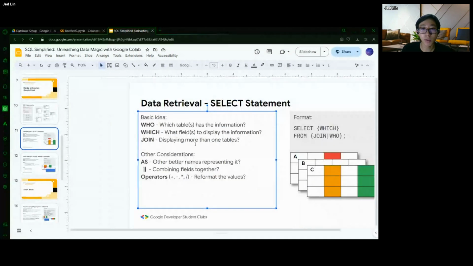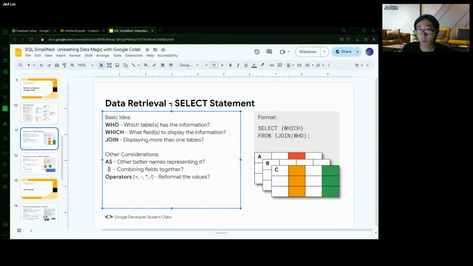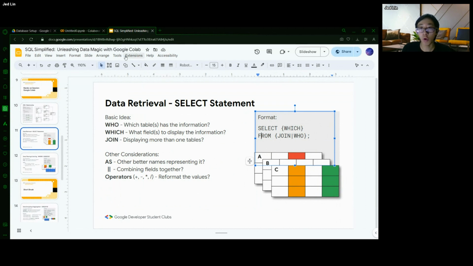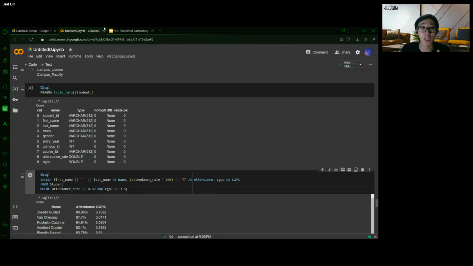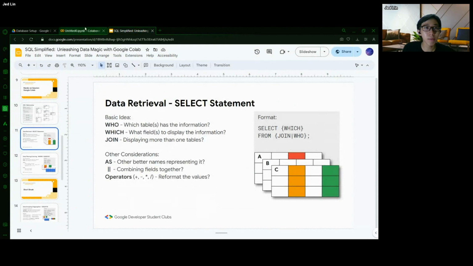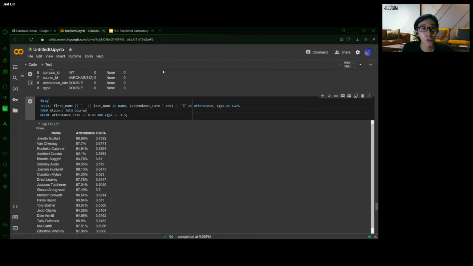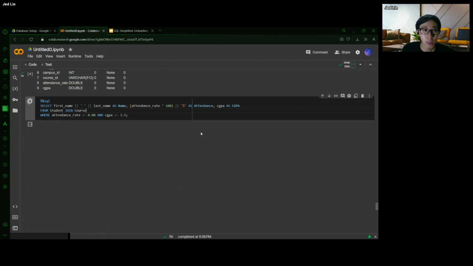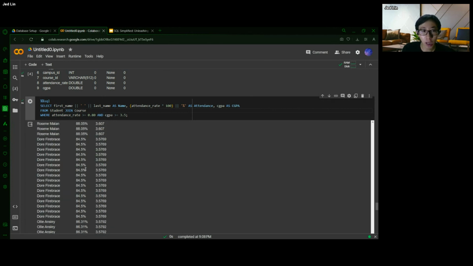Okay, this is where we are going to be joining. Now refer here: select, from, join, and where. So we are going to write all the tables at the from section. Now refer back here. We have our from here. How do we join tables? How do we get information from different tables? Okay, the way we do it is that from student, join, and then we write the table name. The table name will be course. Okay, let's say we want to know the student's course. Join course. Okay, now when we run this,